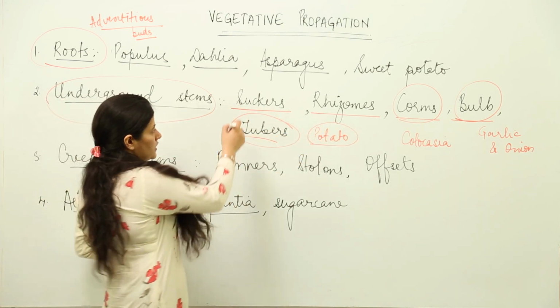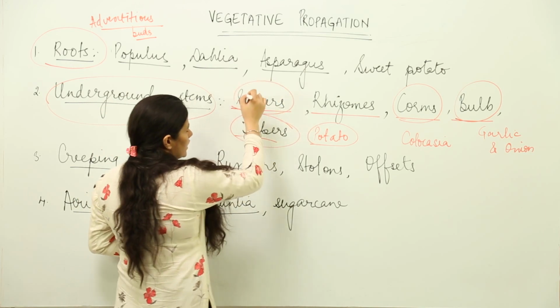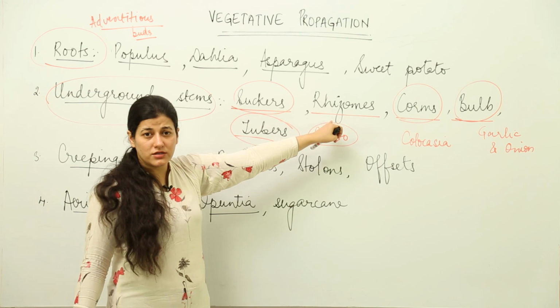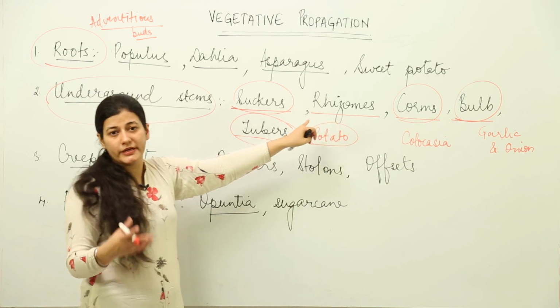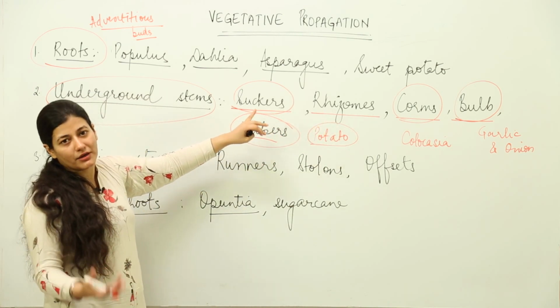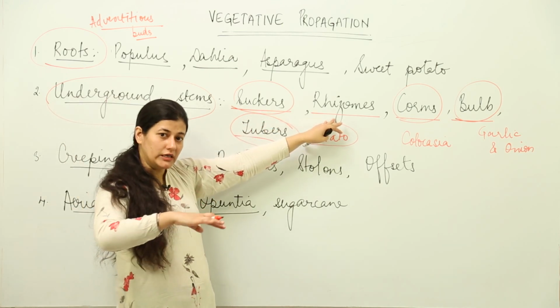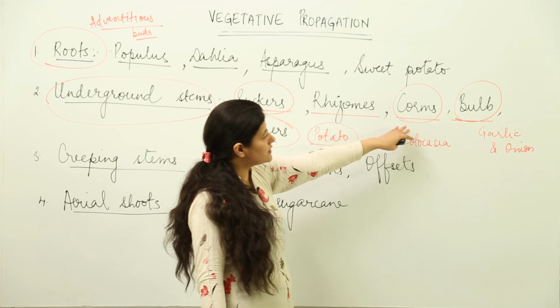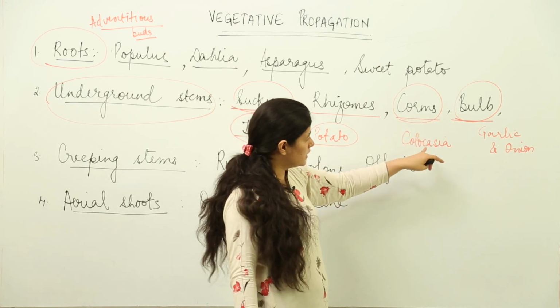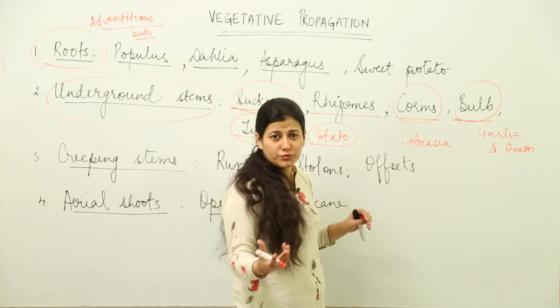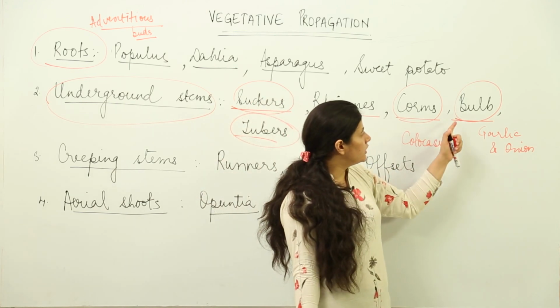I am going to repeat it. In case of suckers, you have to remember the winter flower, that is chrysanthemum. Then in case of rhizomes, simplest is banana. You know that banana does not have seeds. So how can it reproduce? It reproduces by rhizomes, formation of rhizomes underground. And then there is the example of corms. Corms are colocasia and yam. You must have consumed it. It is a vegetable.